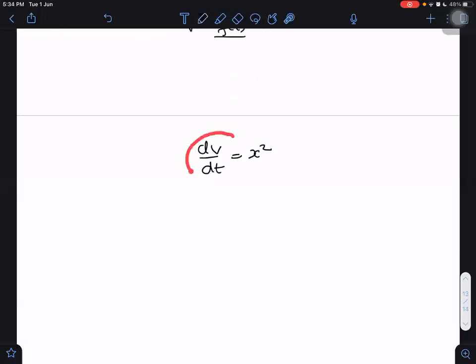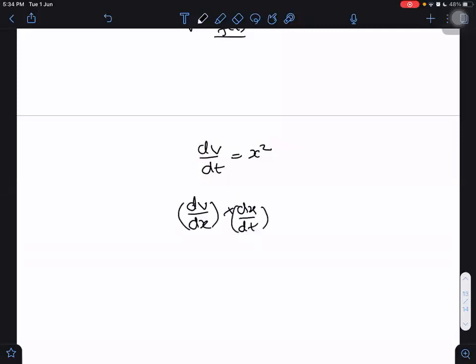But here we can get stuck on how to do the integration. Can we do the integration? If somebody does it like this, will you be getting anything? Nothing. Why? Because x is integrated with respect to time, but I don't know how x varies as a function of time. Then how should he do it? First, he should try to get it in terms of x. That we can do by dividing by dx and multiplying by dx.